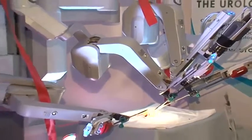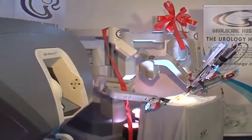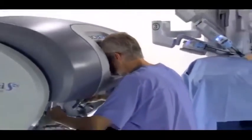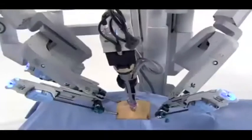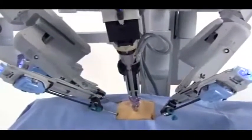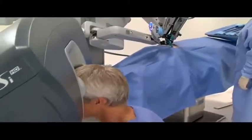Are there plans to roll out further machines like this across the country? Yes, Aki, there are. But as we would like to have it, we would like to have centers of excellence, such as the Urology Hospital here, where surgeons could come and do the robotic surgery at a hospital like Urology Hospital, but not have a snowball effect of robots all over the country. Because our drive is to drive the clinical pathway, to drive trained surgeons. So rather have few highly qualified robotic surgeons that do the surgery very, very well, but do very high volumes of it, than have surgeons that are doing low volume surgery and